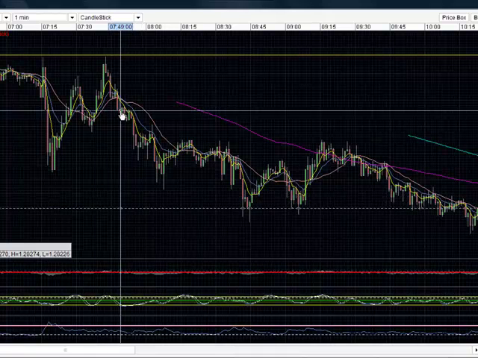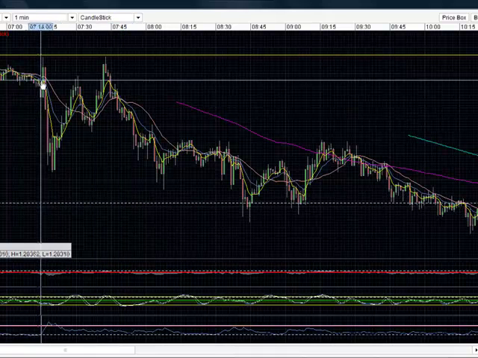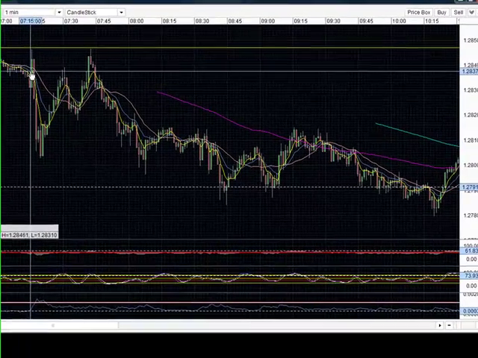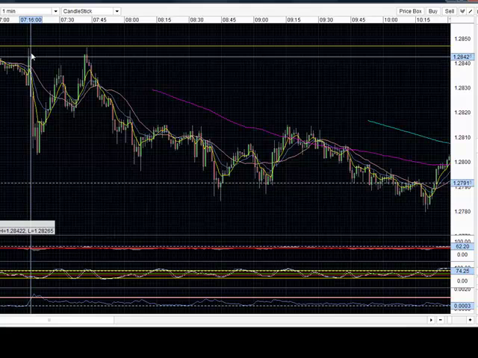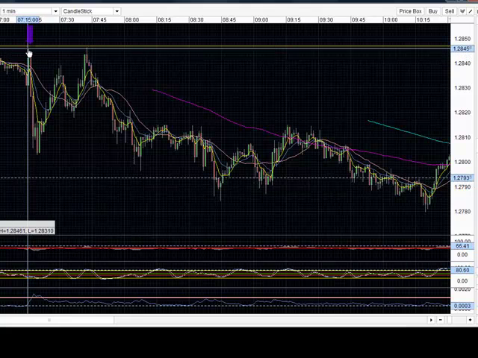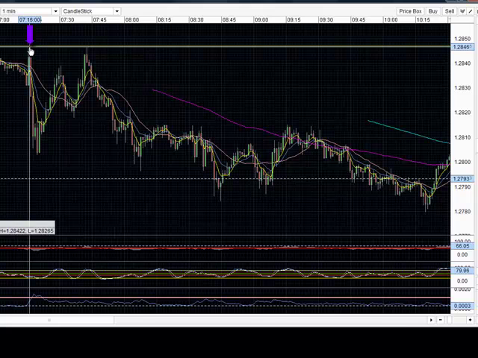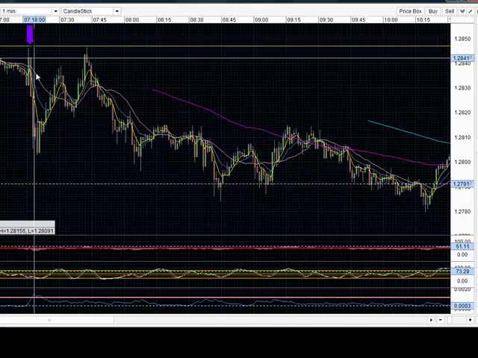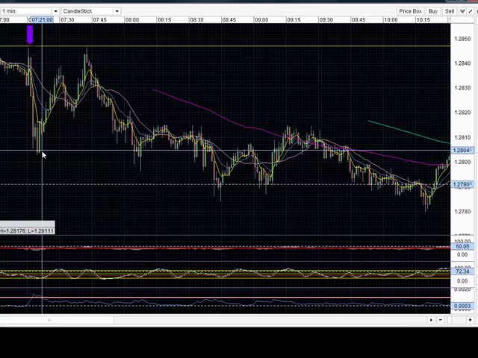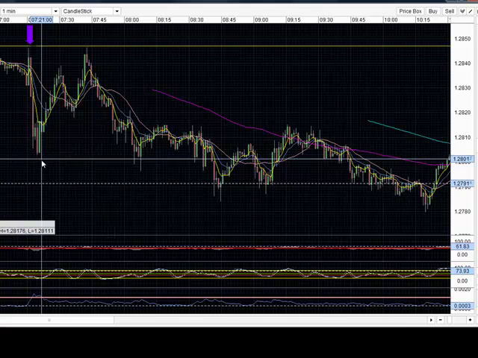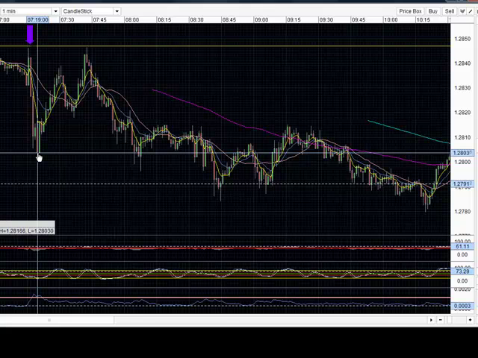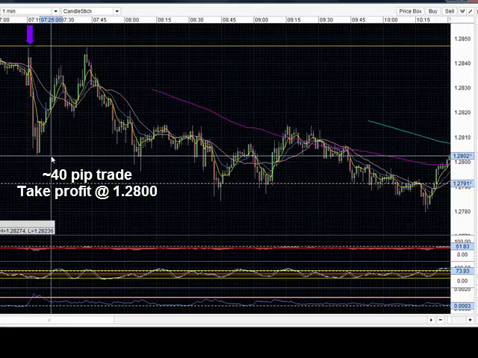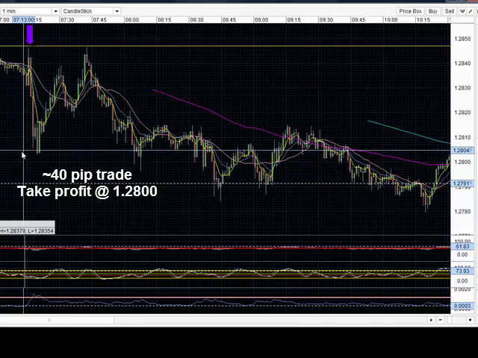Now, on our 1-minute chart, following the ADP employment numbers, if you were an aggressive trader, you could have entered following the report of that number and placed a short order or sell order near this area of resistance and held onto it until it reached close to this psychological support at 28.00. Of course, it stopped 3 pips above that psychological support, but you could have actually closed your trade out around